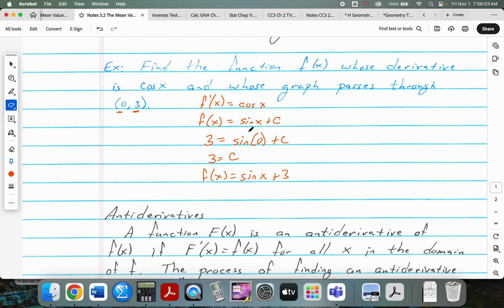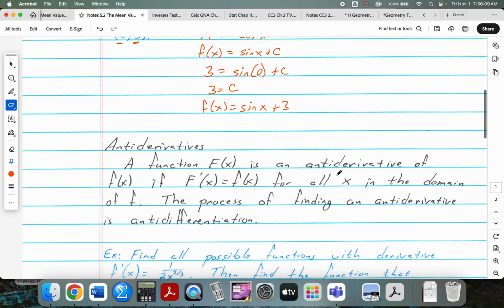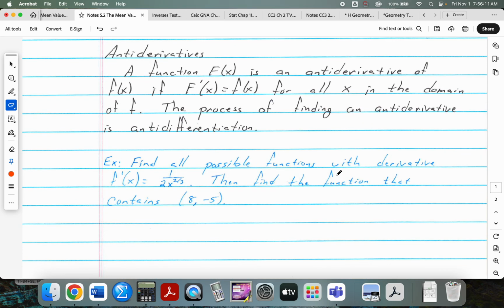Okay, what we have just done is found an antiderivative. We took a derivative and went the other direction. So a function, capital F of x, is an antiderivative of f of x if capital F prime of x is equal to f of x for all x in the domain of f. The process of finding an antiderivative is called antidifferentiation,